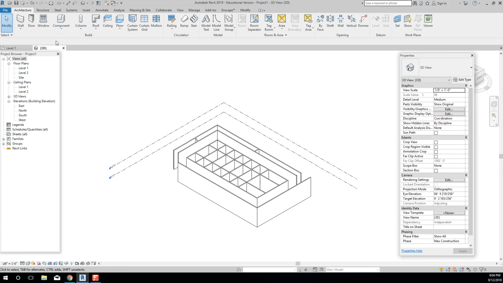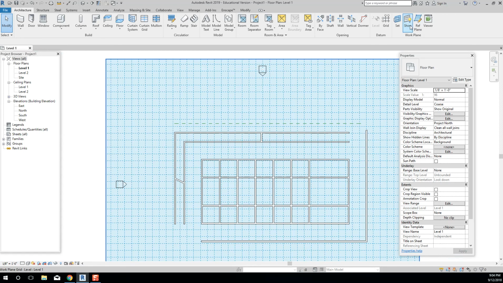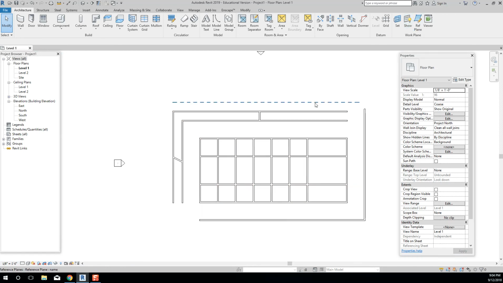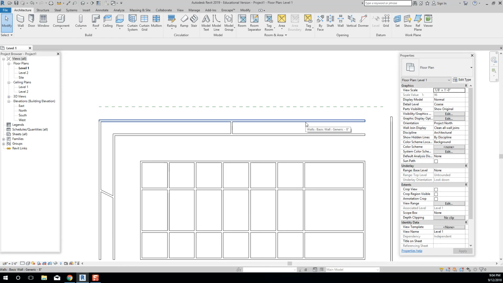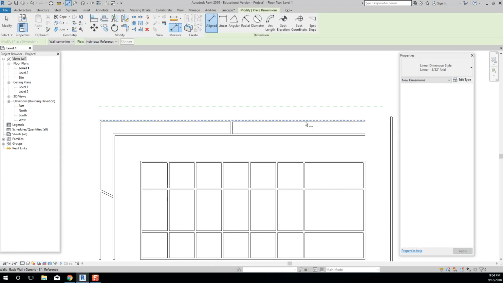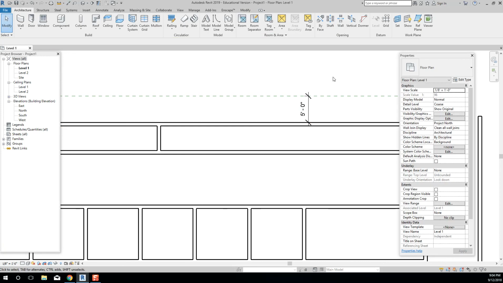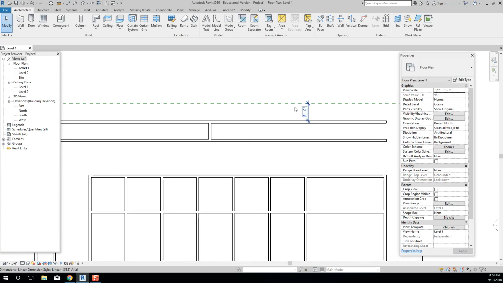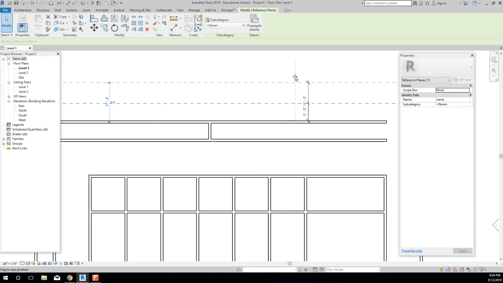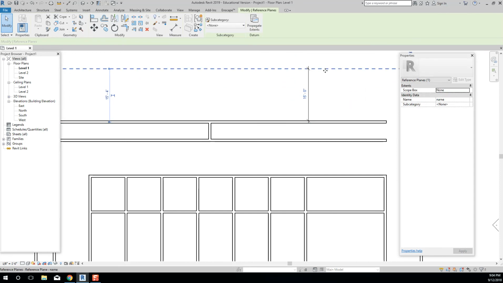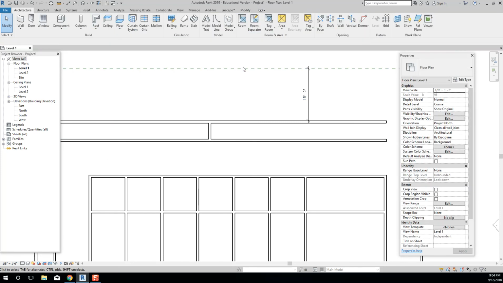All right, so let's look at our reference plane here, okay? I'm going to show you what a reference plane is used for, even though we don't know how to do it yet. I'm going to take this wall, and I want it to be, for example, a little dimension here, 5 feet from where it's at now. I want to move it, right? Or I don't really care if it's 5 feet, but I want this wall to go to there, okay? I can move that wall if I wanted, but I could also use a reference plane to help me